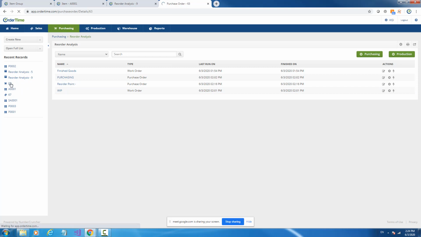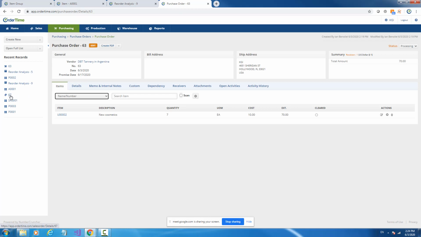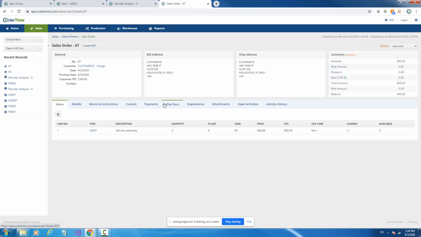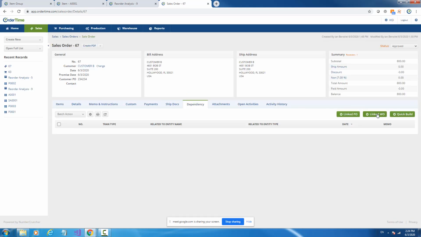So let's say I have, that's a purchase order. Let me go back to my sales order here, which I have created and approved for this one line item. And I could come into here, dependency, and create a linked PO, a linked work order. And that's good if it's a special order and you want to have tracking between the sales order and the work order, or the sales order and the purchase order. But let's say you have